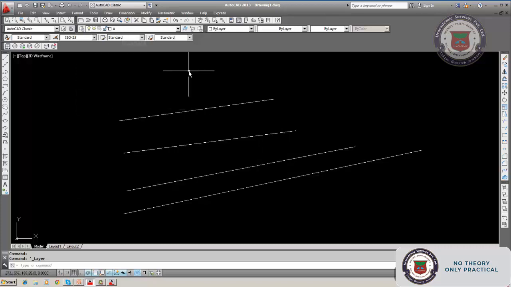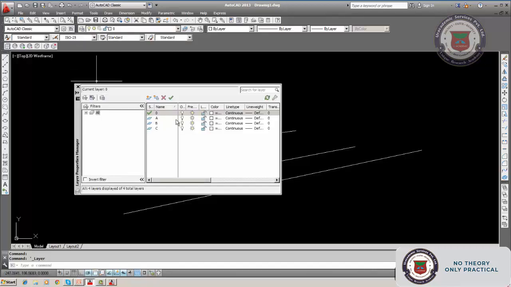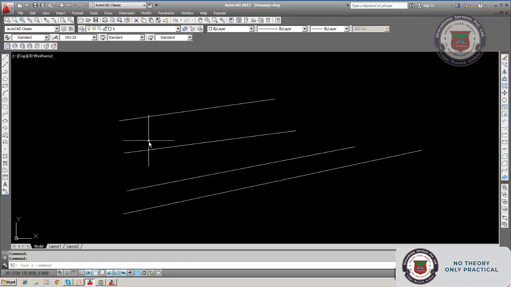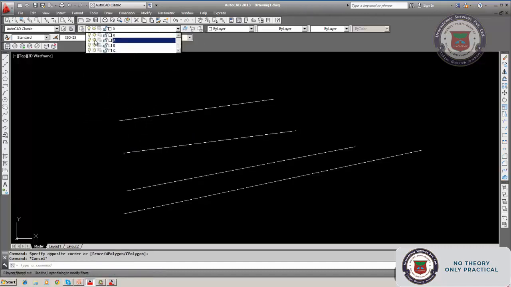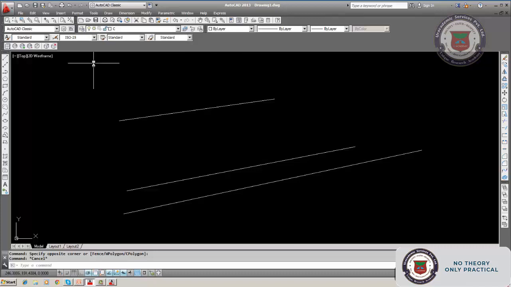Now this A is the current layer. I will make this as the current layer. Select this, it is the current layer, and to freeze the layer, you can select current. This you cannot freeze; it's made the current layer. But you select here and click here. Oh, I think it is not yet frozen. So now it is frozen. See, there it is frozen.